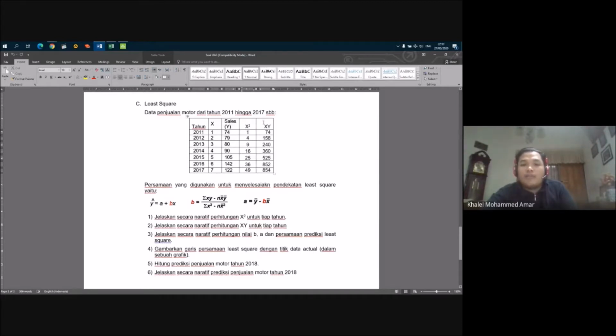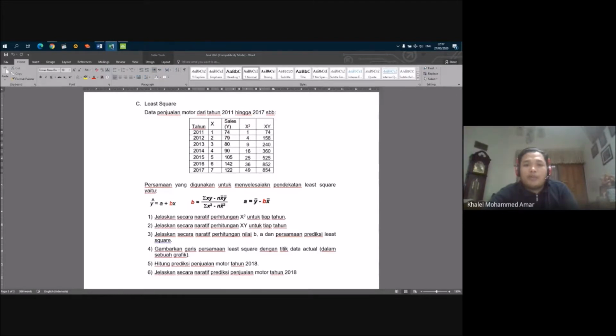And the column xy is actually x times y. So 1 times 74 is 74. 2 times 79 is 158, and so on. So first we will need to copy this data to Microsoft Excel.